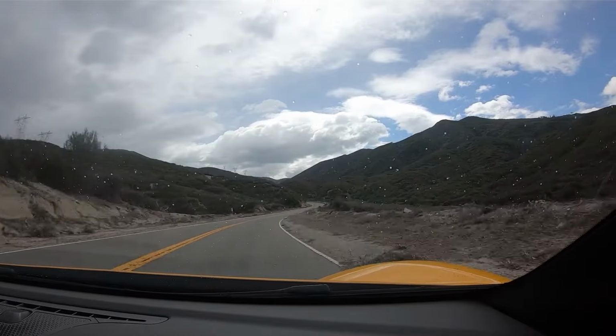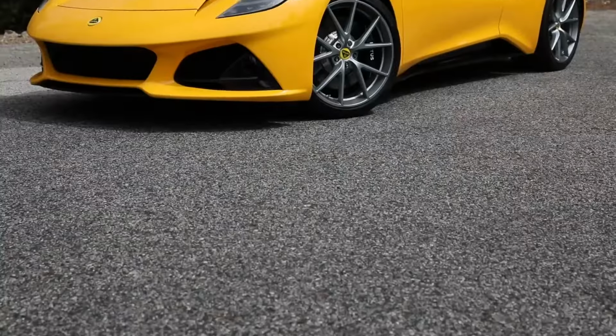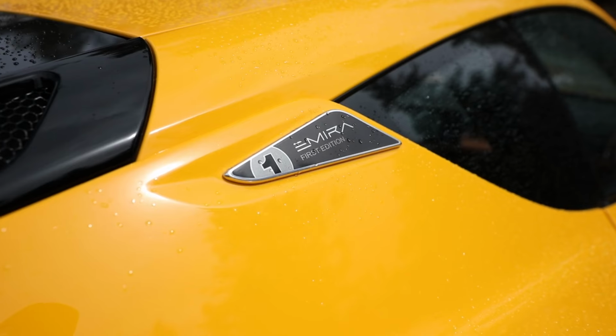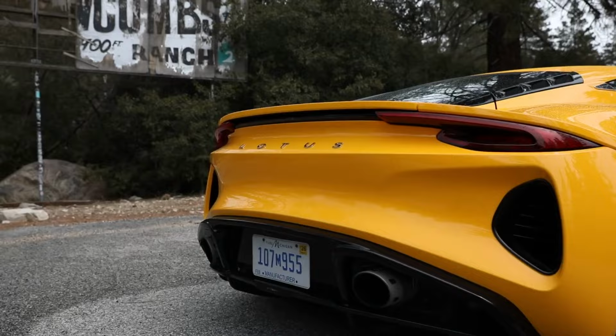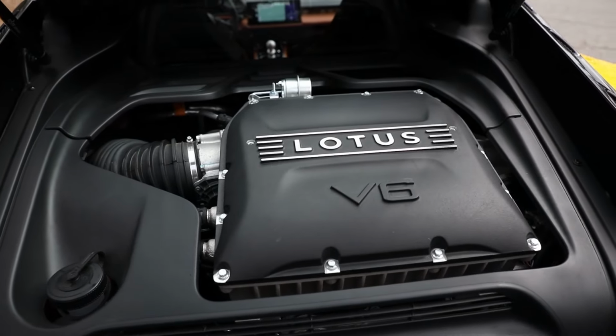In conclusion, I am shocked at how much I love this car. I thought it was going to be just another player in the mid-level sports car segment, but this is the leader. This is the one. And if you're watching this review thinking that's so cool and that you want one, you better get your money in, because the days of the V6 manual option on the Emira are numbered, as they gradually are going to phase this car into that 4-cylinder automatic, which with a manual is not available. So if you're seeing this and you want one,